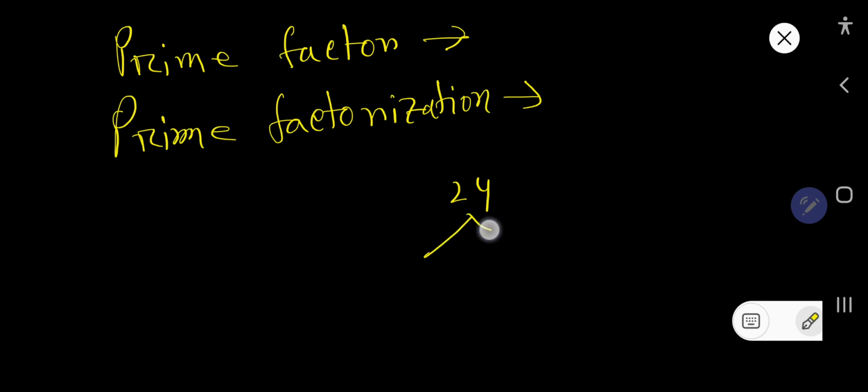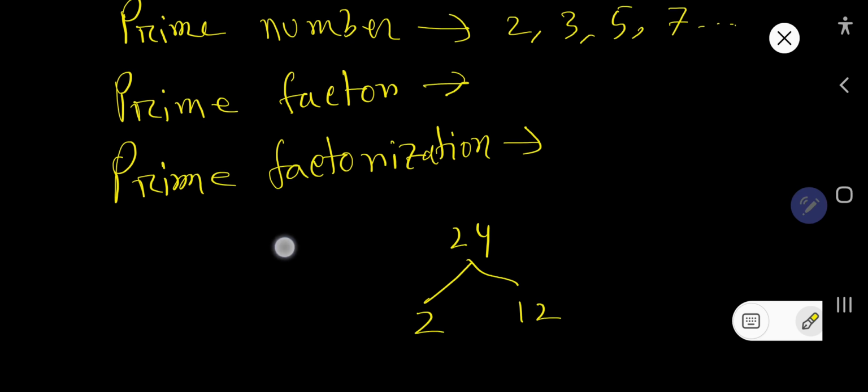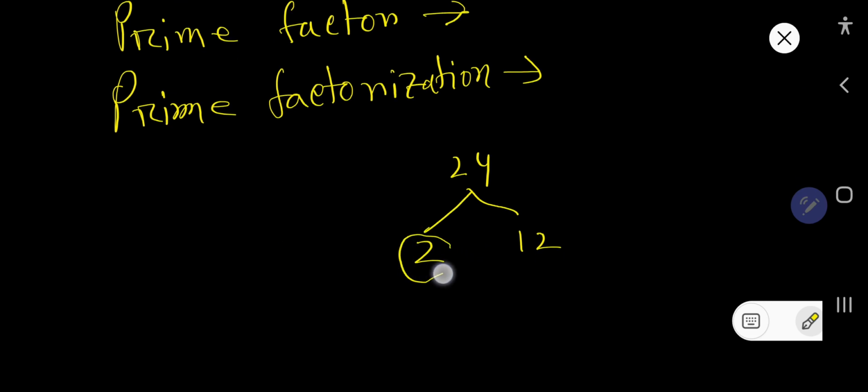Look, 24. Select two numbers that produce 24 if you multiply them. So look, 2 times 12. This 2 is a prime number, so you can circle it. And this 12 is a composite number, that is, you have to carry out the